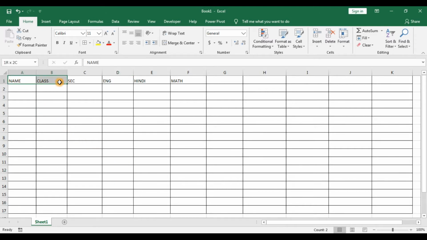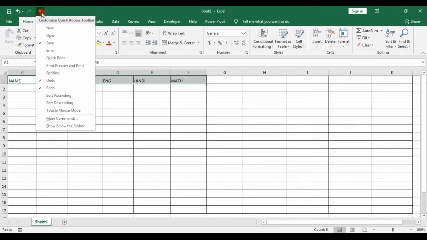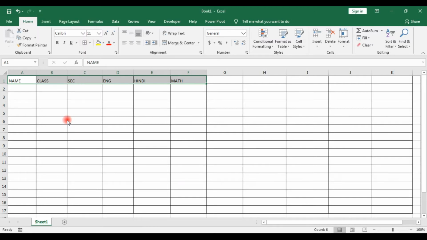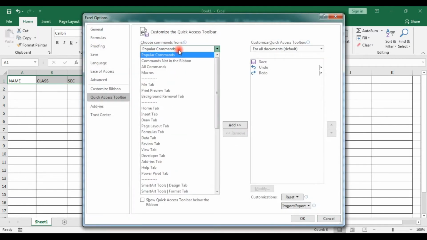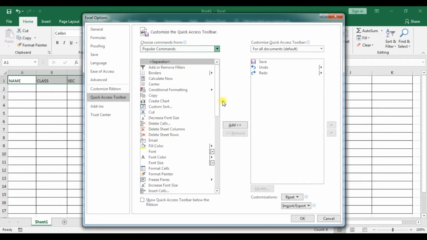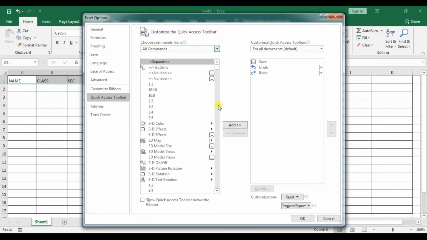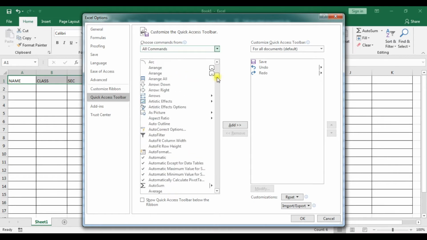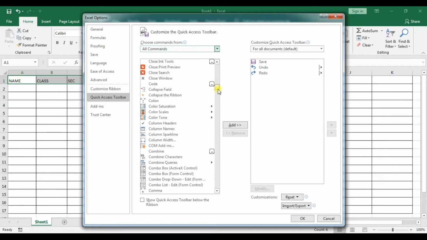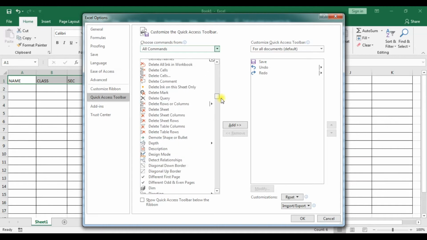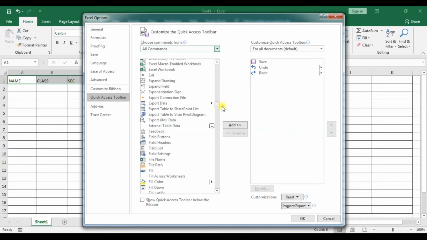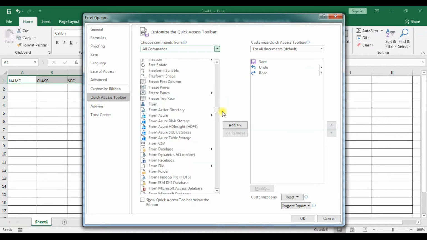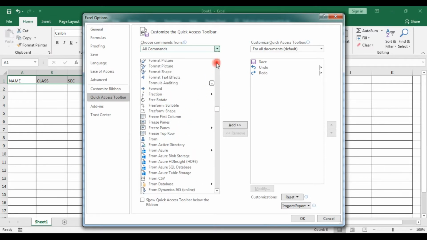Now select all these fields. Go to the quick access toolbar. You can see here, click on more commands, click on all commands. After that, you will see the form option will be available here. Find the form. In this way, you drag the scroller, and you will see the form. Okay, form, that will be the option.